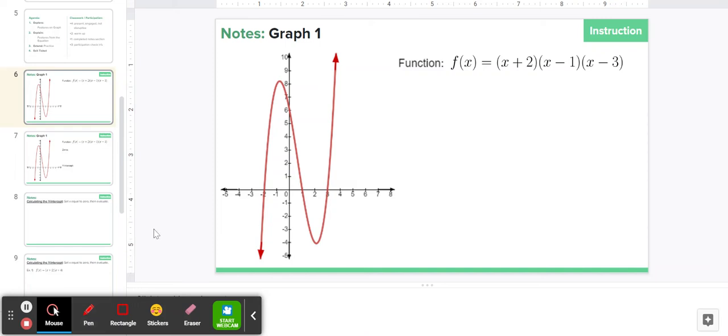All right, so today we are going to identify some key features of graphs. We are going to do this both graphically and through looking at the function equation. So to start off, let's talk about a couple things new, the idea of a local maximum and a local